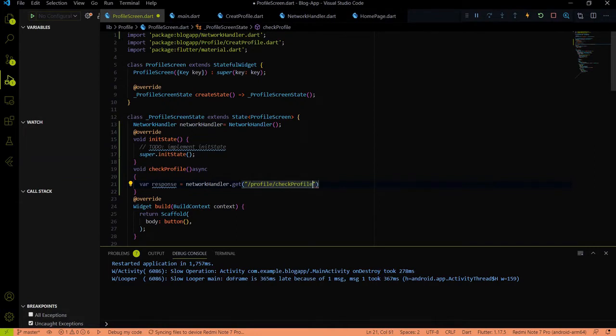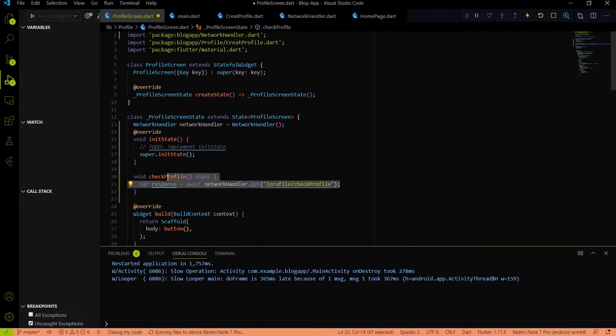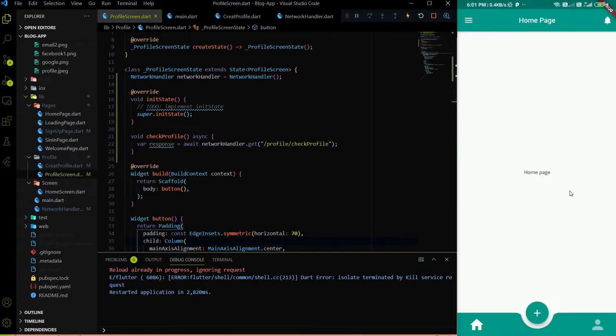You can get all the endpoint documentation on the corresponding link given in the description. You know that we already did a documentation of all the endpoints. So with the help of this we will call the corresponding REST API, and in the response we will get back a response which we are sending from the backend. So we will add a circular progress bar at the time of checking this profile data.